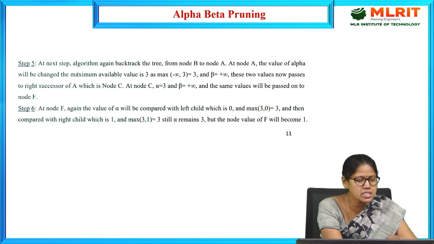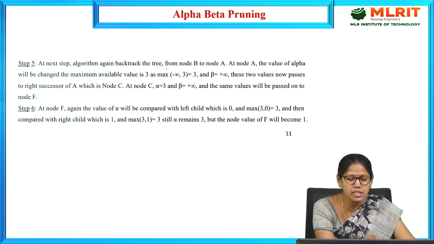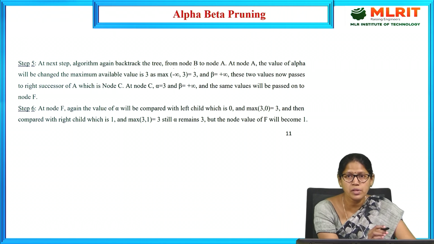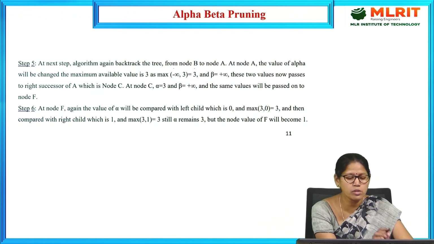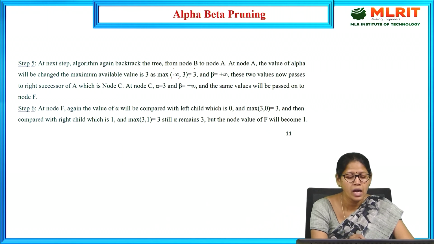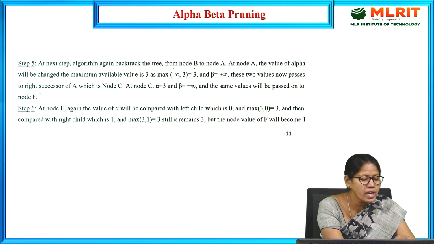At the next step, the algorithm again backtracks the tree from node B to node A. Now whatever values are there will be updated. At node A, the value of alpha will be changed. The maximum available value is 3. Initially we had taken alpha equal to minus infinity and beta equal to plus infinity. So the maximum available value is 3, as max of minus infinity, 3 equals 3, and beta equal to plus infinity. These two values are now passed to the right successor of